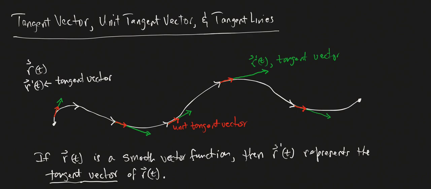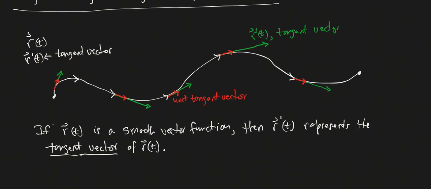So now all the red vectors have the same magnitude, but again, they will still point in different directions. So same thing again. If your vector function is smooth, I'll restate one of the requirements of smoothness. If r prime of t has a magnitude that's not equal to 0, in other words, it's not the 0 vector, because only the 0 vector has a magnitude of 0, right? So if this is true,